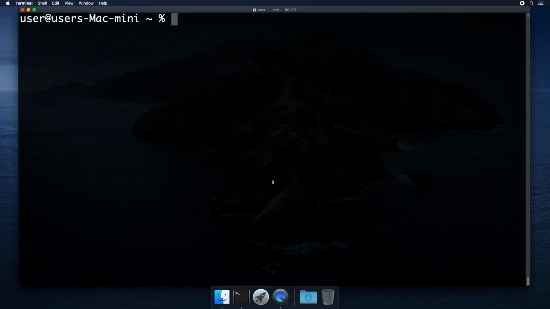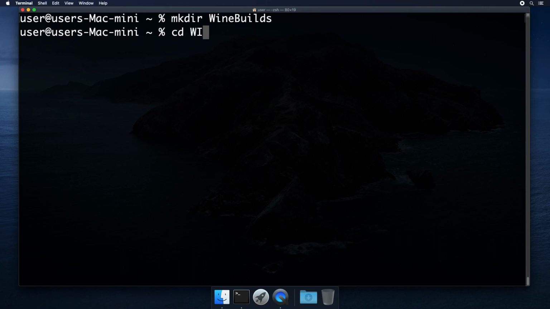The first thing I'm going to do is create a temporary working directory, and I'm going to go into that directory. So we've got to download quite a few things. I'm going to place them in here, and then when we're done, we can just remove the whole directory and clean everything up. So the first thing we need is Xquartz, which the Wine version we're running requires.